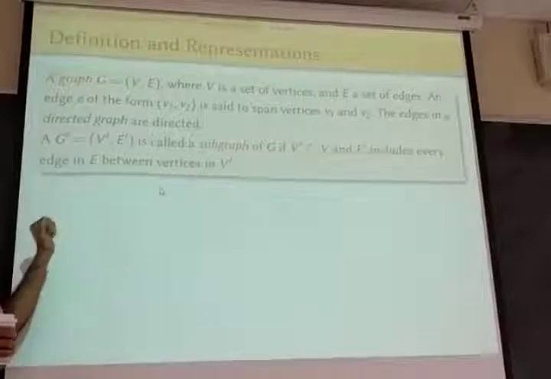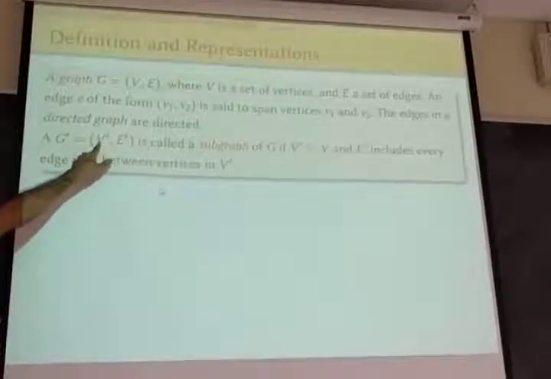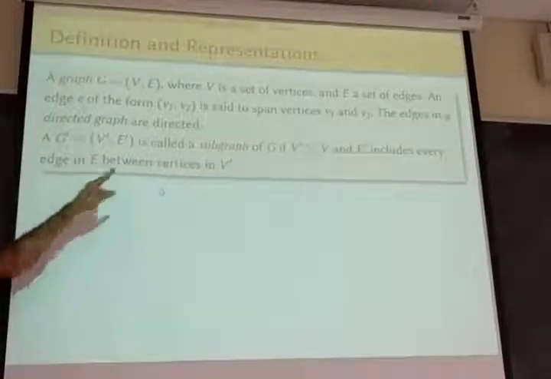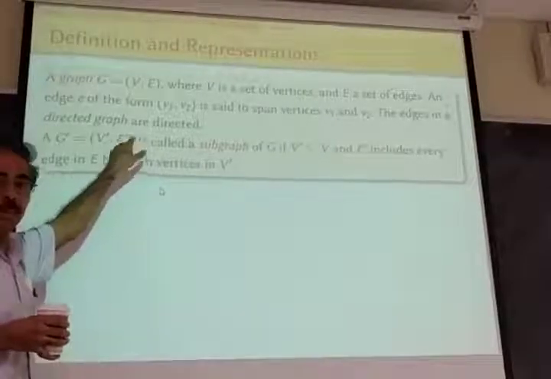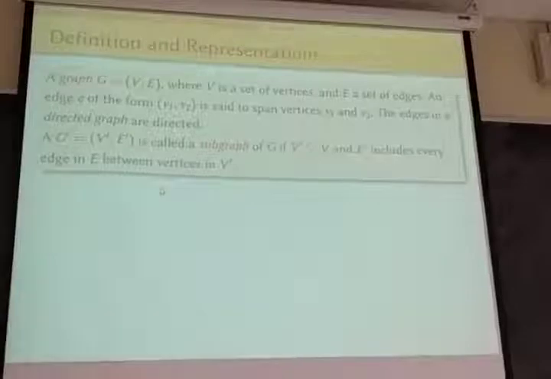A subgraph means the set V prime, the set of vertices in a subgraph, should be a subset of the set of vertices in the original graph, but then E prime is not an arbitrary set,